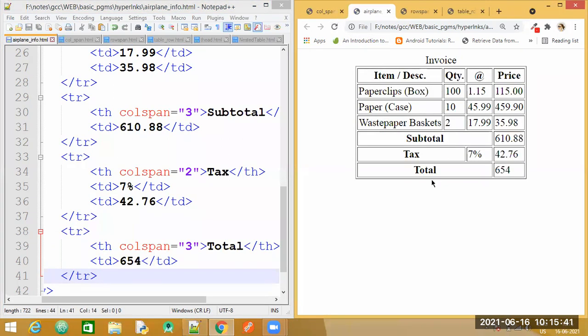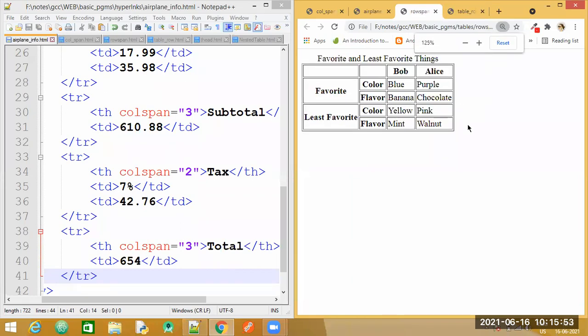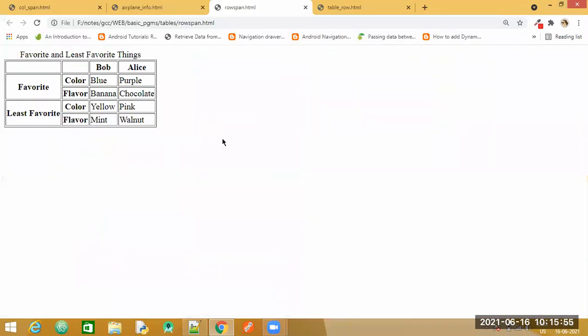Let's refresh. So we have got the output. Now similarly, let us have a look at the row span. Have a look at this particular output here. The table is left aligned by default. It is not center aligned now.